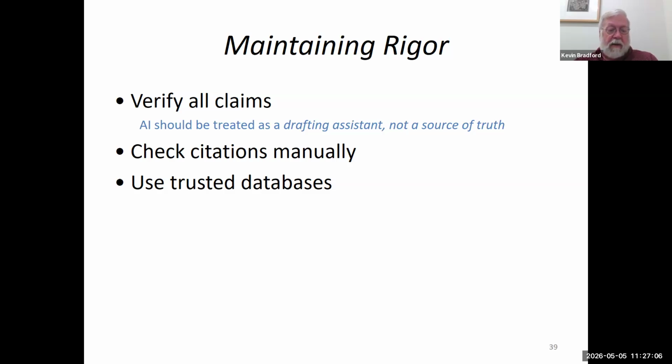So use trusted databases for confirmation and double checking what AI is producing for you. You have to do your own research. AI is not a formal research tool. You can't skip that step. So as you see, you can't really write a paper just with AI and plugging a few things in and letting it go. You will have unintelligible or inaccurate gibberish. So it's a tool. AI is a tool. It's not the be all end all.